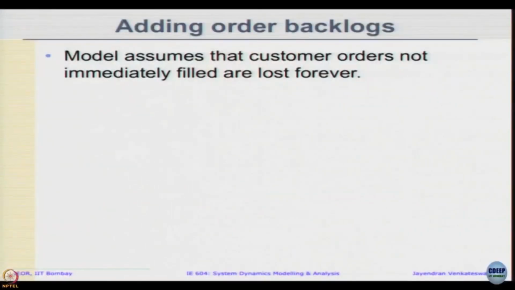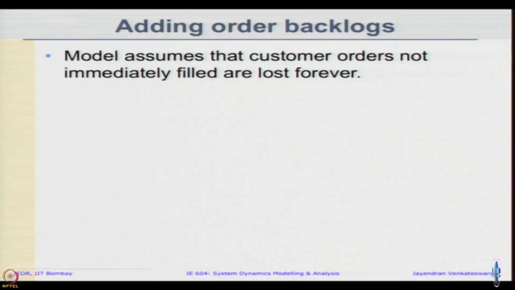Now, we will further improve the model and add next step. So, this model, as you saw, assumes that customer orders not immediately filled are lost forever, right. We have put customer orders as nothing but a minimum of inventory as well as the customer orders. So, if you have order higher than inventory, then I do not deliver that and that order is lost. It may be true in many scenarios, like simple retail shops we saw as an example,